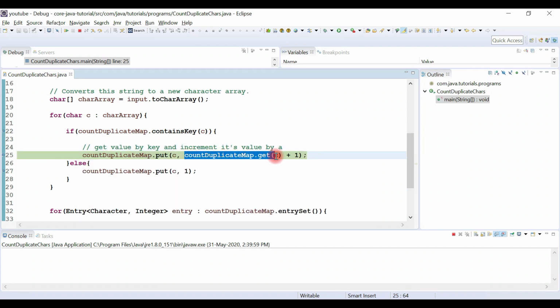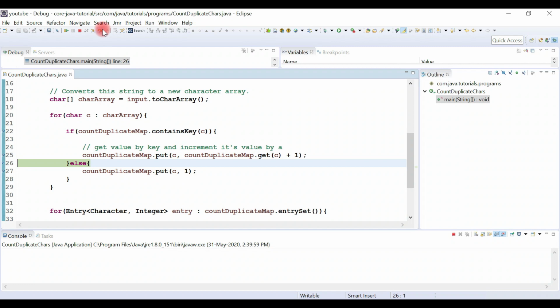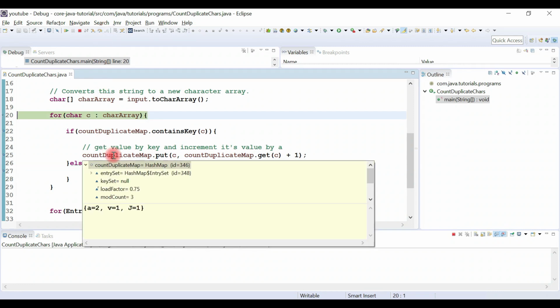This logic gets the value of a given key and increments it by 1. Great. So look here, now the value of a is 2. a is the key and its value is 2.